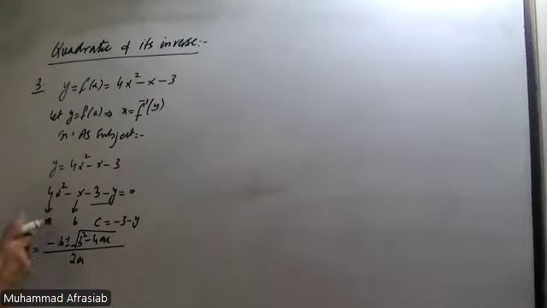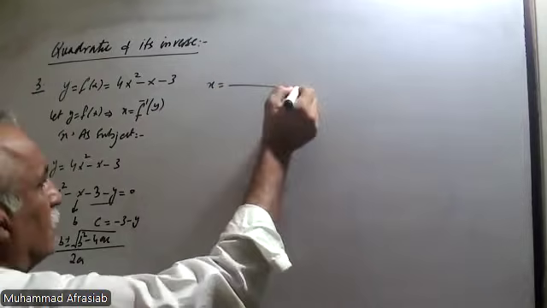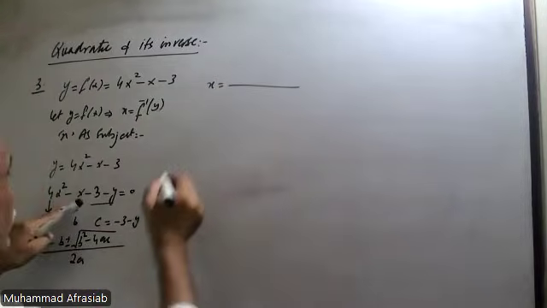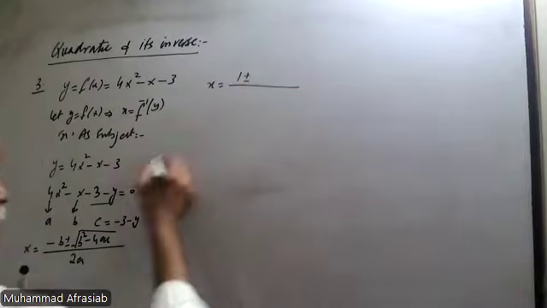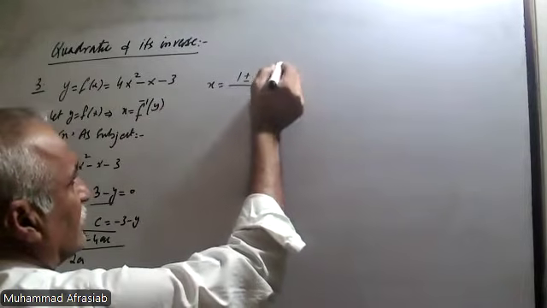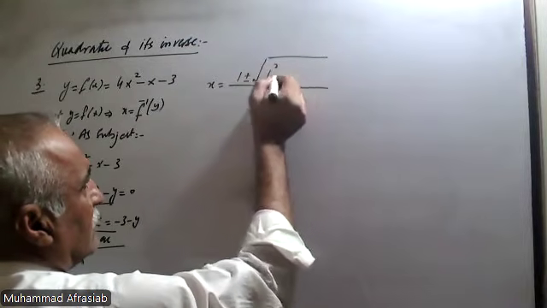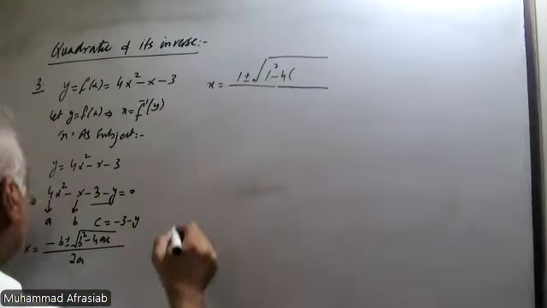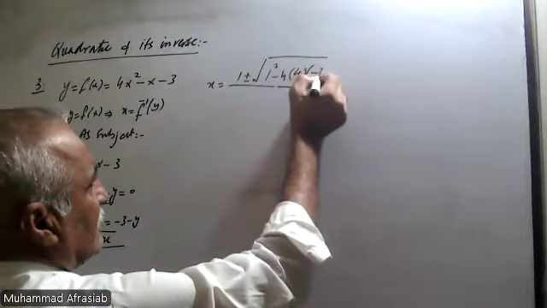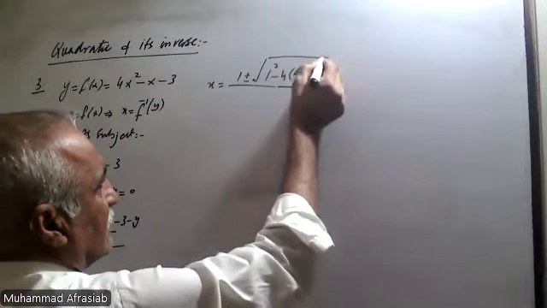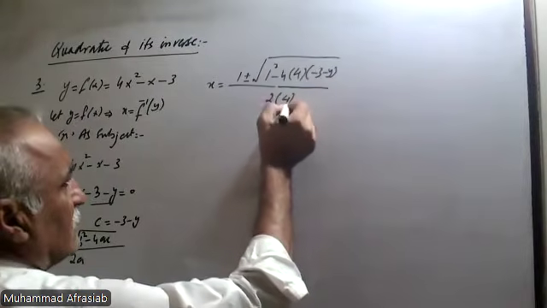Now we put all these values into this, then x will be equal to minus b, which is minus 1, so that will become plus 1, plus minus square root of b square, that is 1 square, minus 4 into a is 4 and c is minus 3 minus y, divided by 2 into 4,